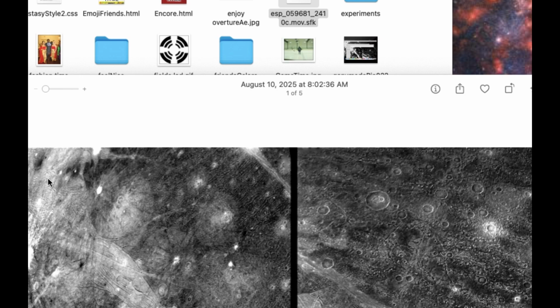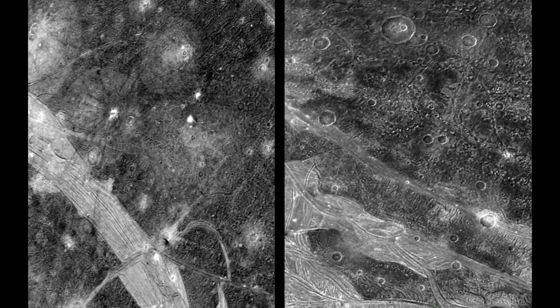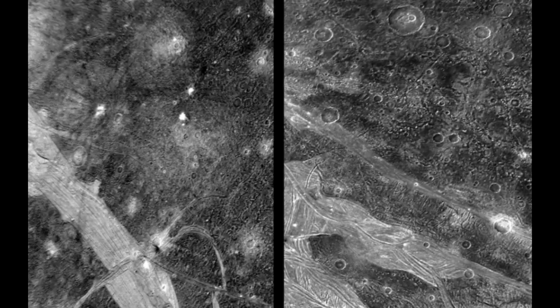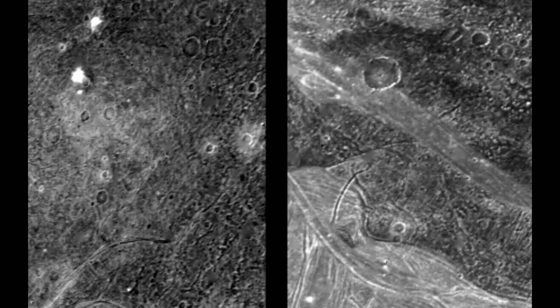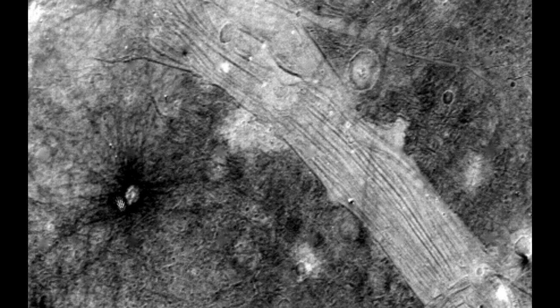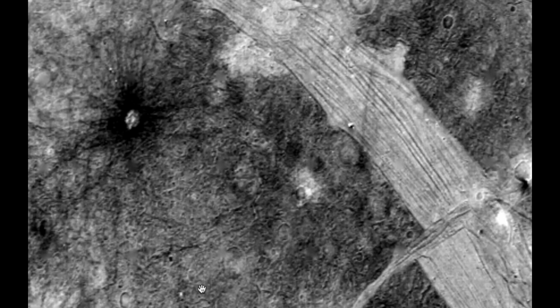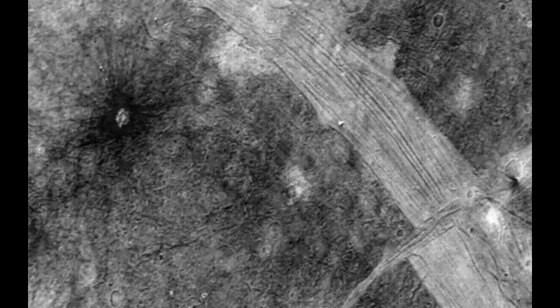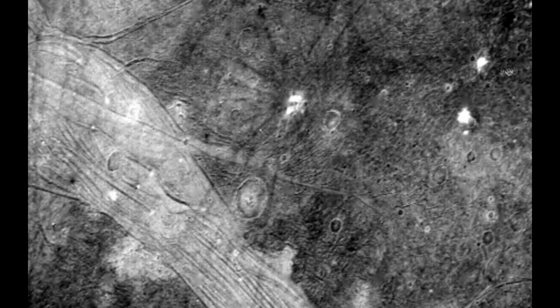Just mesmerizing. This is Ganymede PIA 02281 with the dodge tool, which would bring out the lighter areas of the panorama. And of course, the structures we noted are there. They just seem to be more prominent, probably because we're more familiar with the surface and